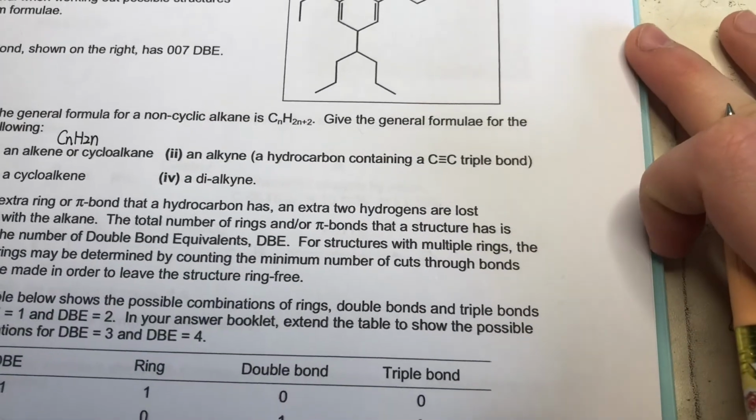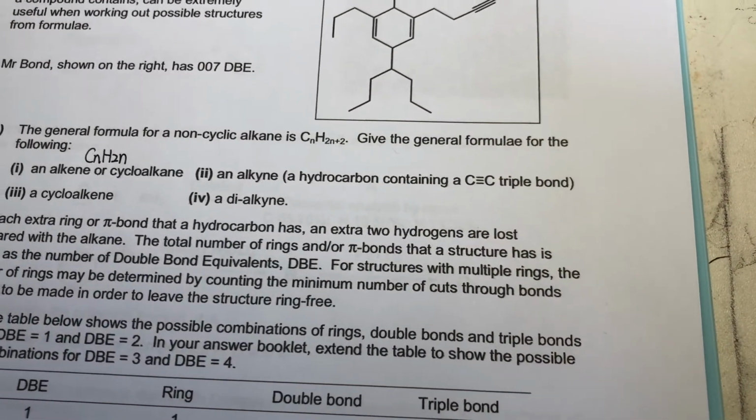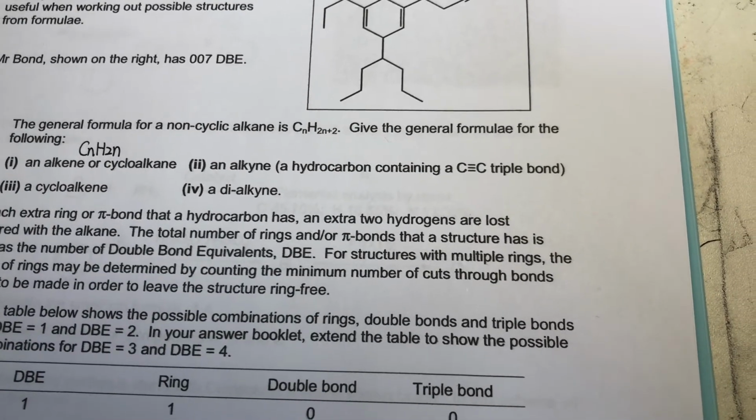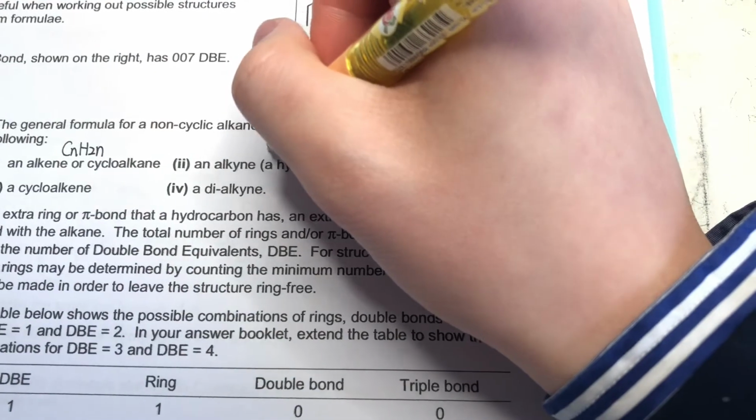Let's look at another. An alkyne. We know there is a triple bond, so there is a lack of 4 hydrogens, which means the general formula is